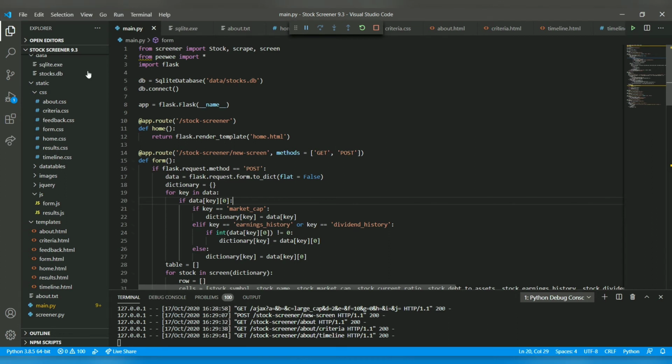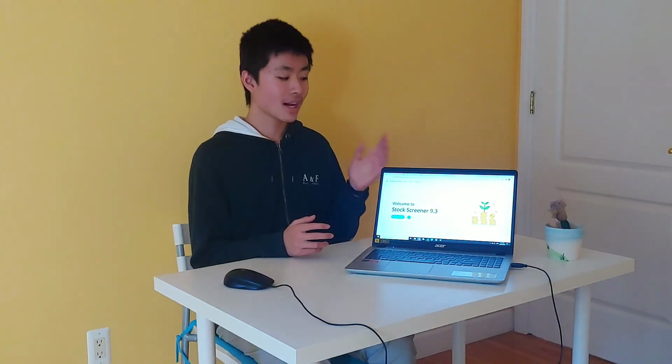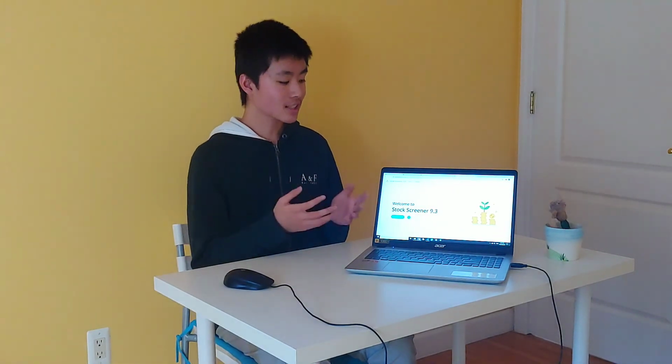called stocks.db. When the user submits a form, it goes straight back to the server, where the Python file checks the database and sees what stocks have passed all those criteria. And it returns that in the form of a table using data tables. So now you know how the stock screener works. By using Python, HTML, CSS, and JavaScript, we can make a stock screener that's well designed, easy to use,